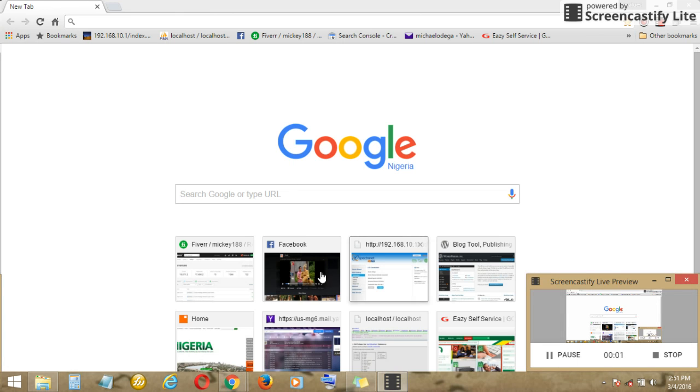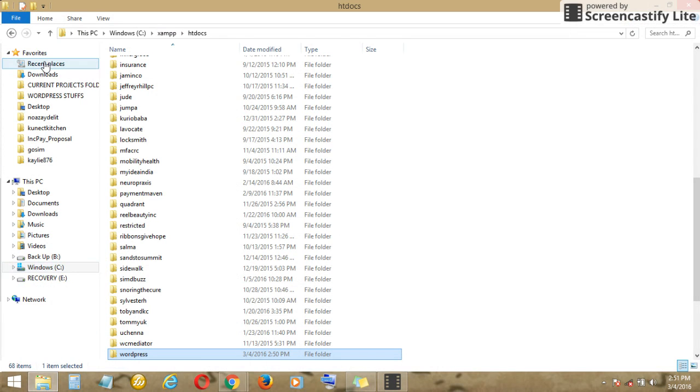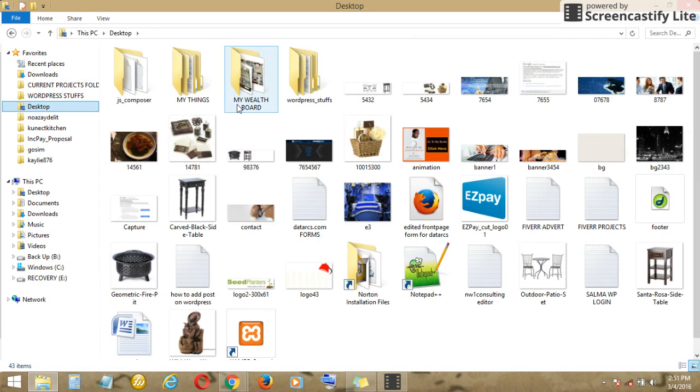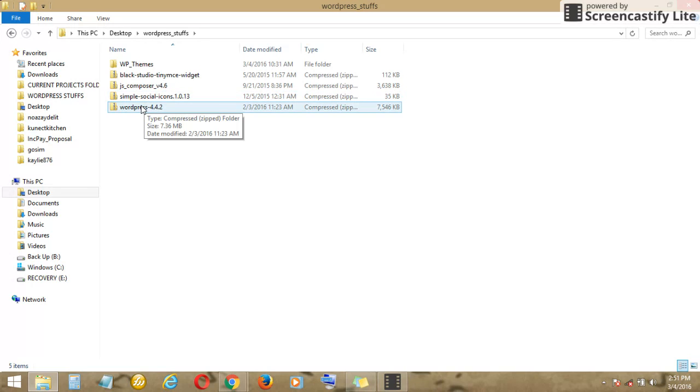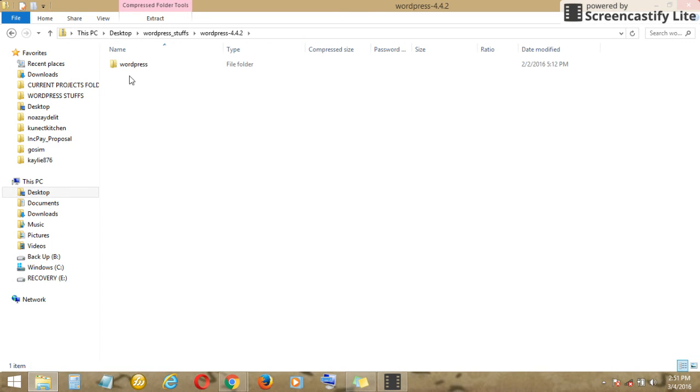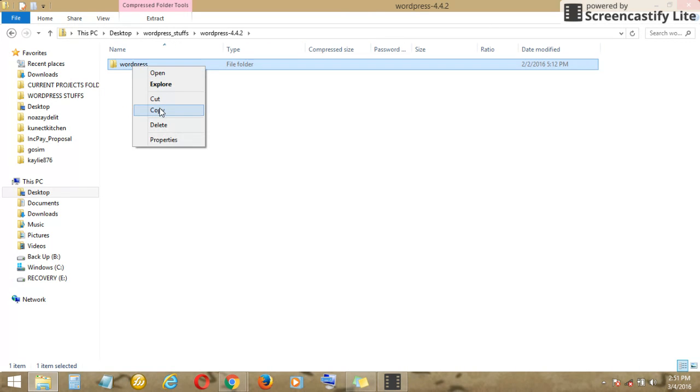We are going to do how to install WordPress on our localhost. So the first thing to do is to copy the WordPress installer folder, which is this. You copy it